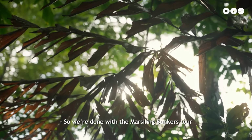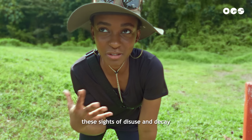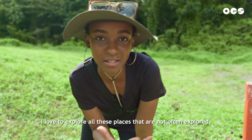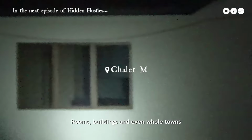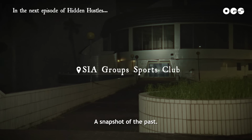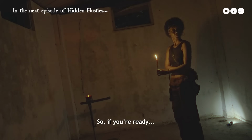So we're done with the Marsiling Bunkers tour, and I get the appeal. I get why people are enamored with these sites of disuse and decay, because I'm the same way as well. I love to explore all these places that are not often explored. It seems the appeal lies in the reminders of human existence: rooms, buildings, and even whole towns frozen in time, a snapshot of the past. And the next tour will take us to Changi. So if you're ready,